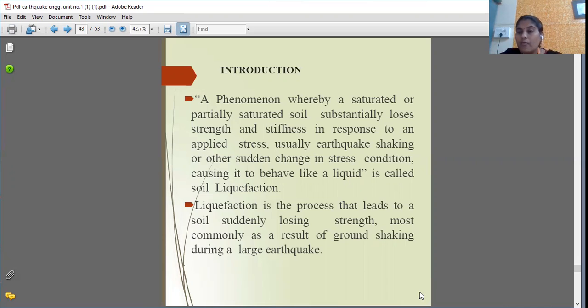When the water table is available in the ground, the soil above or below that water table has the strength to resist the water pressure. But whenever an earthquake occurs, an extra load is applied over there, and the bearing capacity and resistivity of that soil is reduced, so the water pressure comes on top of the surface of the earth crust in terms of mud, and that is nothing but soil liquefaction.